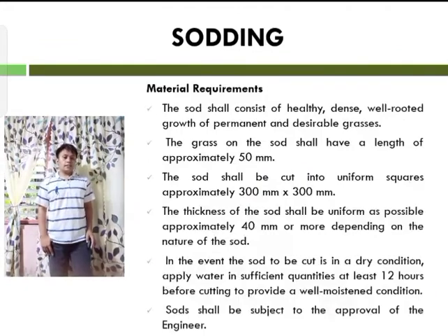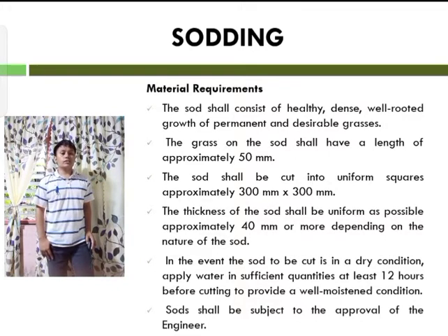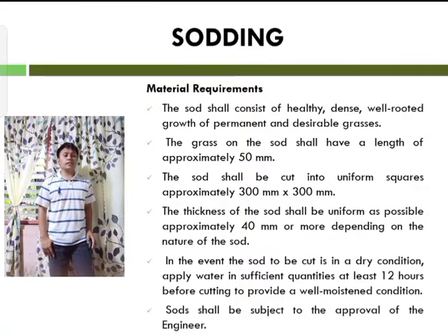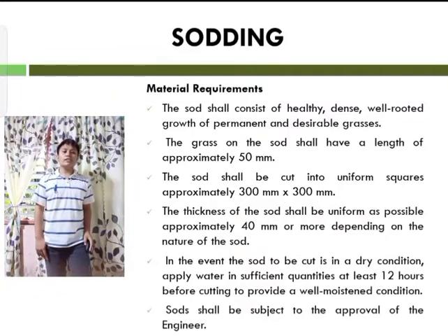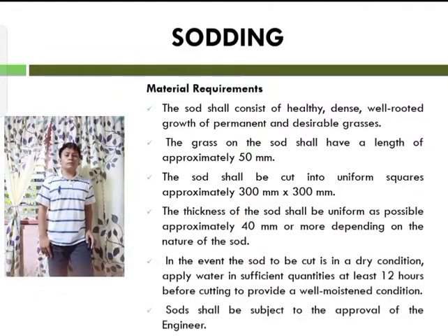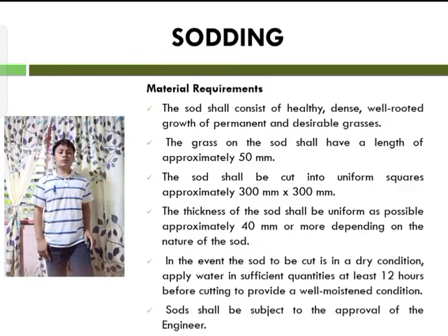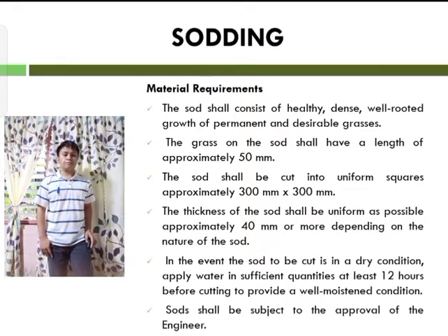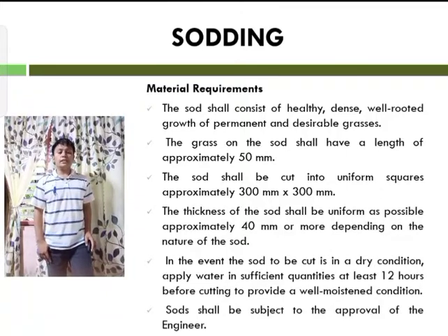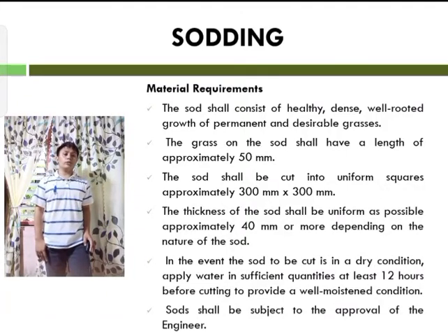The next thing is to know the material requirements for sodding. The sod shall consist of healthy, dense, and well-rooted growth of permanent and desirable grasses. The grass on the sod shall have the length of approximately 50 millimeters. The sod shall be cut into uniform squares approximately 300 millimeters by 300 millimeters. Also, the thickness of the sod shall be uniform as possible, approximately 40 millimeters or more depending on the nature